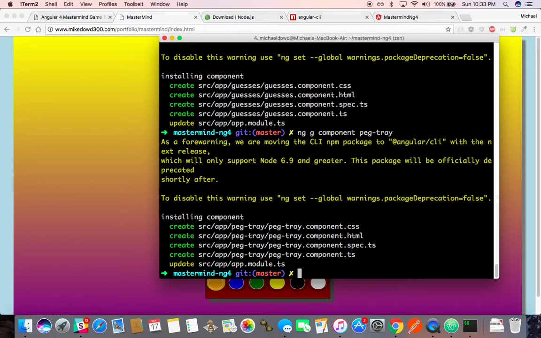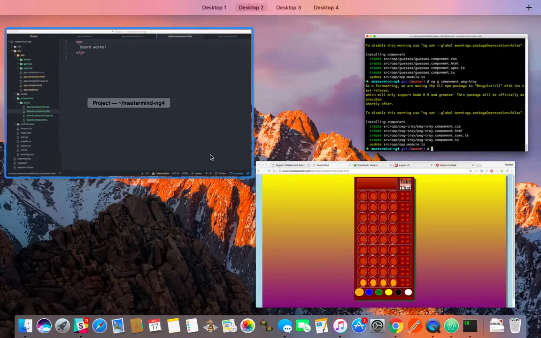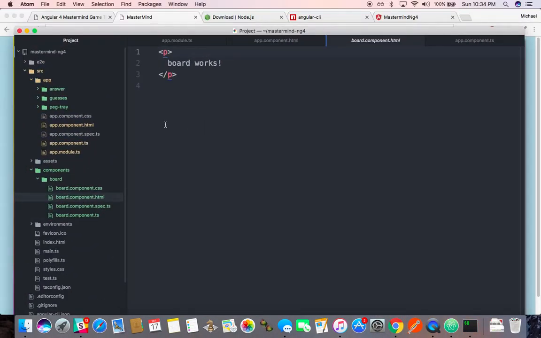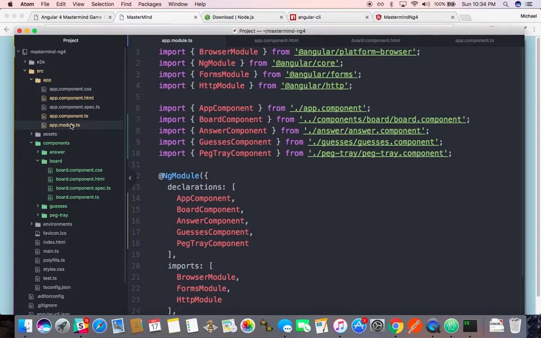All right. So back in Atom, these three things were created for us, but they didn't put them inside. I could have just left things the way they were. We got answer, we got guesses, and we got peg tray. I want to put each one of these inside of the components. And when I do that, something's going to turn red here. I'm going to click this app.module,